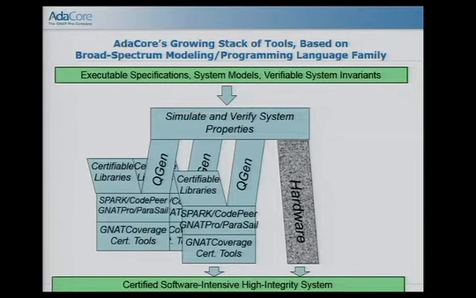There's going to be a significant amount of functionality coming in from libraries, from these building blocks, and it's very important that that code also be certifiable if you're building an overall high-integrity system. And then all of that can be run through GNATcoverage and through various other certification tools. And finally, the goal is to get that overall certified system. So that's where we're headed.